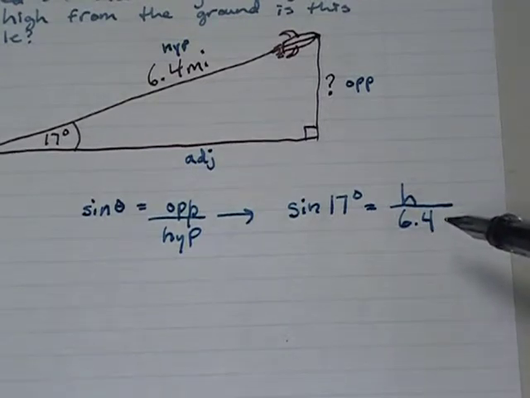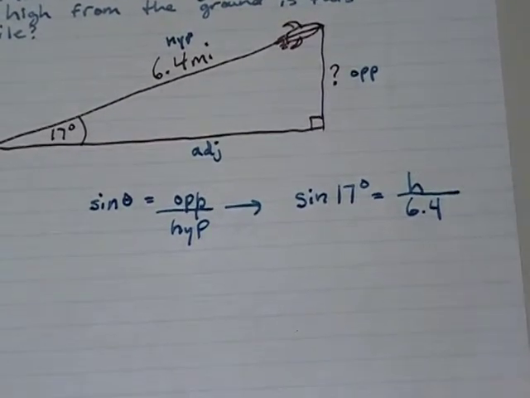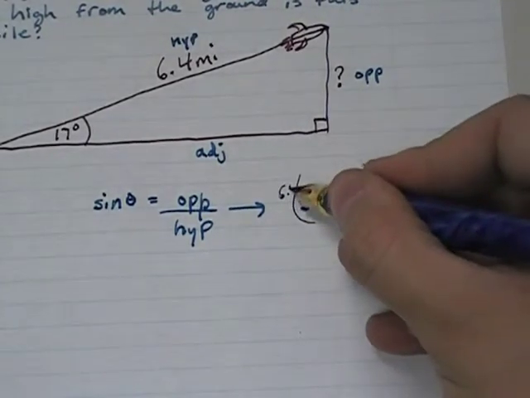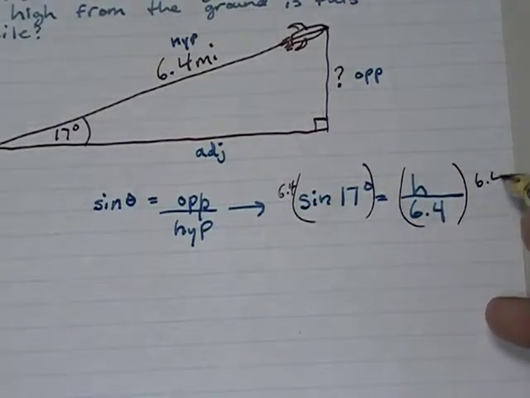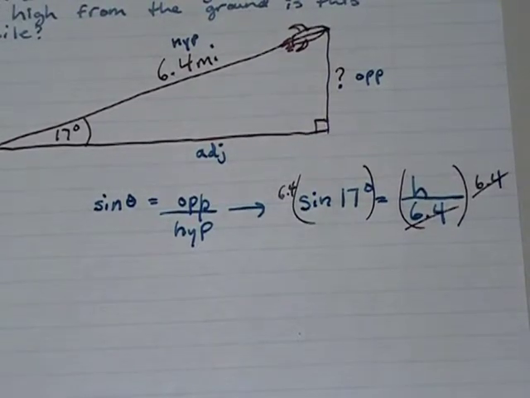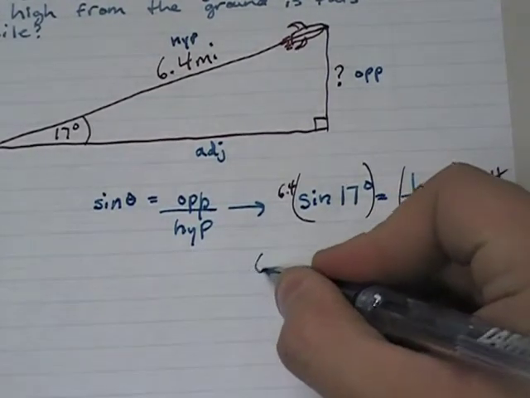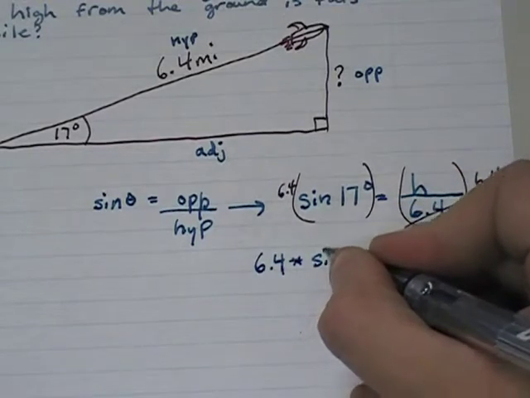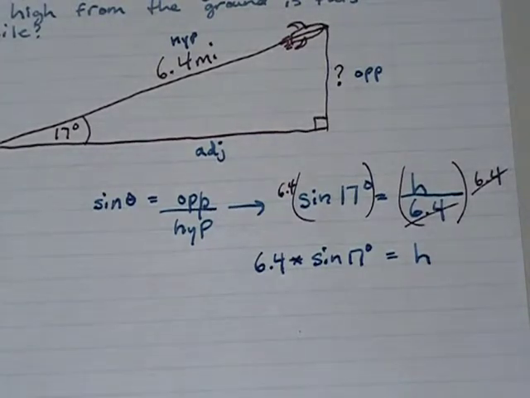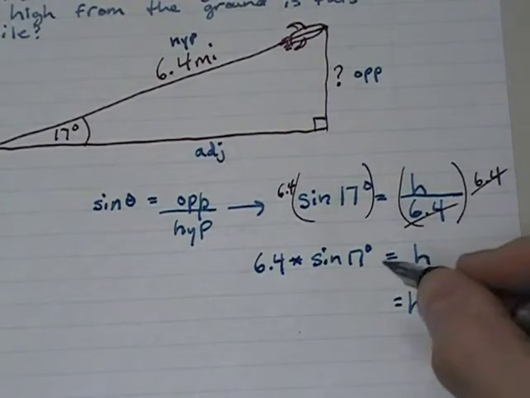Simplest way to do that is multiply both sides by 6.4. So if I multiply both sides by 6.4, on the right hand side, what happens? It cancels. And on the left hand side it doesn't, and so I end up with 6.4 times sine of 17 degrees equals h. Now you can take your calculator and type just what you see there, 6.4 times sine of 17 degrees, and I get that h equals